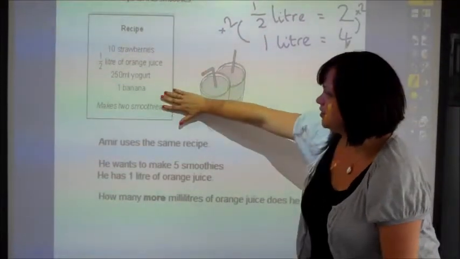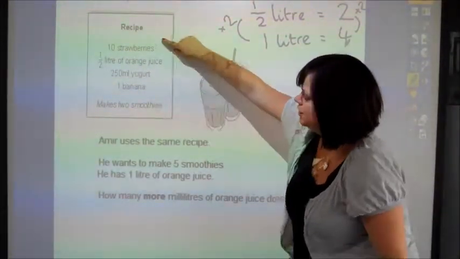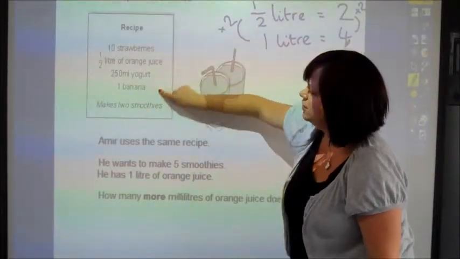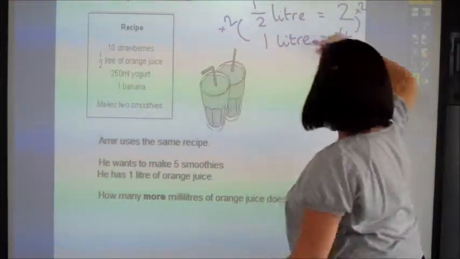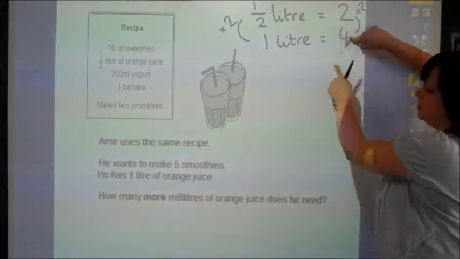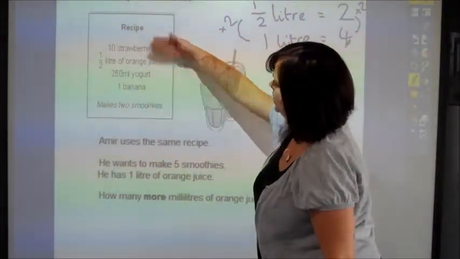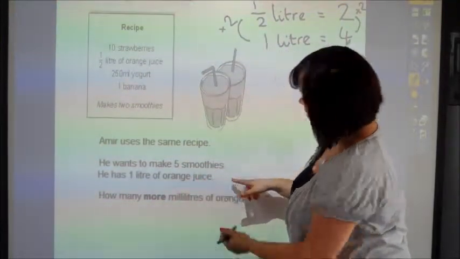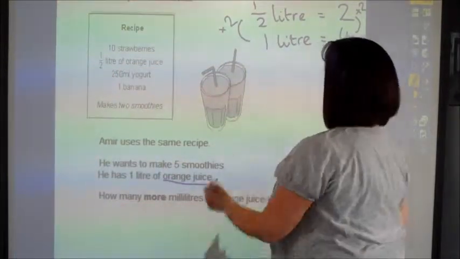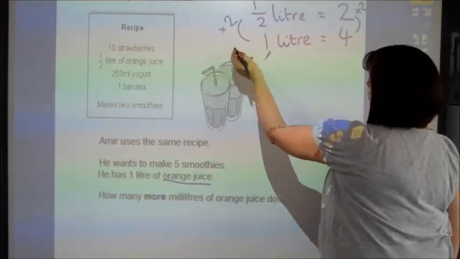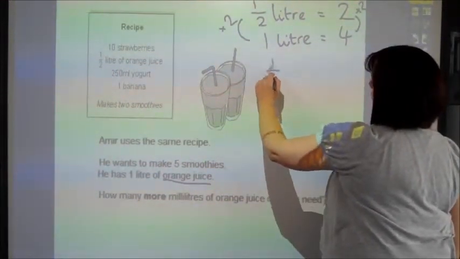So what do we need to do to this original recipe? If this makes 2 smoothies, what have we got to do to all these values? We've got to halve them. All right? So to make 1 smoothie, which I'm going to add to my 4 smoothies, we're going to have to halve this recipe. But we're only interested in orange juice, look. So let's halve the orange juice, so it'd be 1/4 of a litre, wouldn't it? So to make his 5,